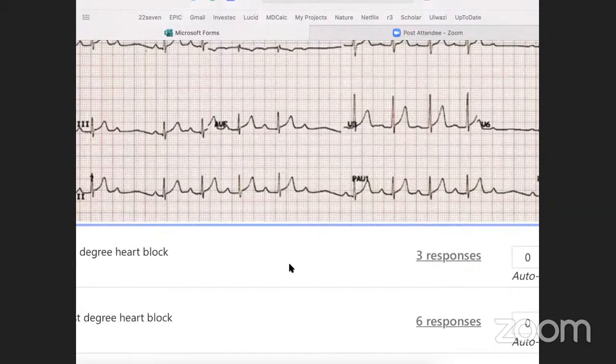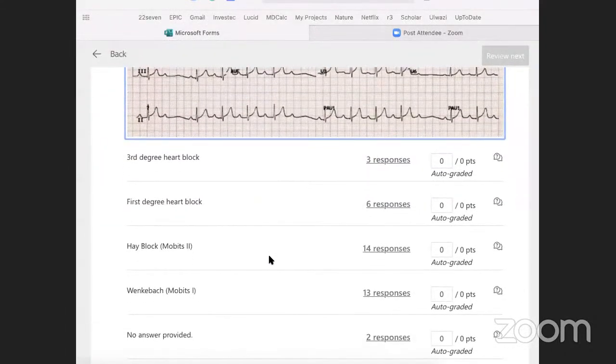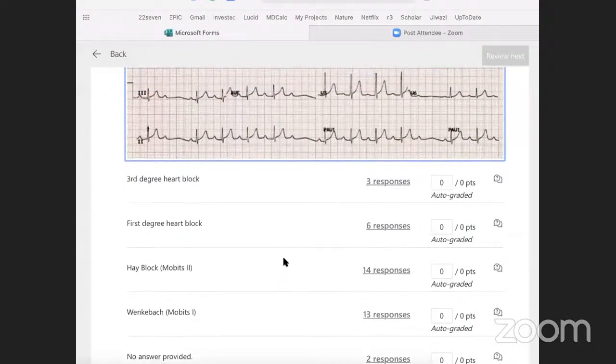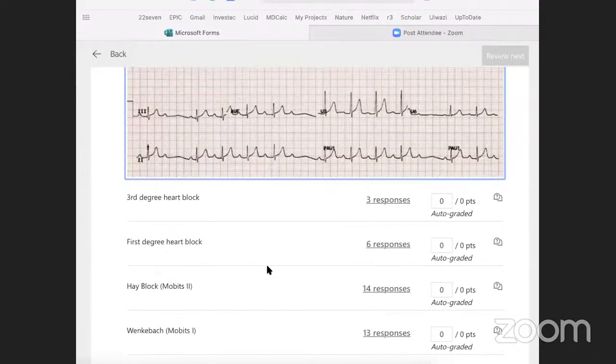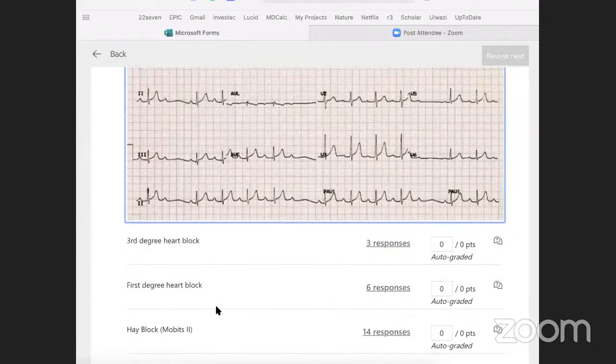And by measuring out my Ps and then using that on the RRR line to see if they are the same or they're different, that determines my disposition for this patient. So as we said, if it was a Mobitz 2, this is a high-grade block that the patient is at risk to develop a symptomatic bradycardia with severely bad outcomes. But if it's a Mobitz 1, it's just a physiological block and not as sinister.